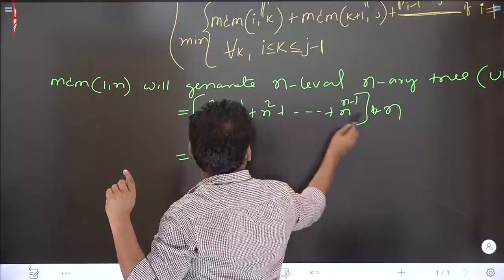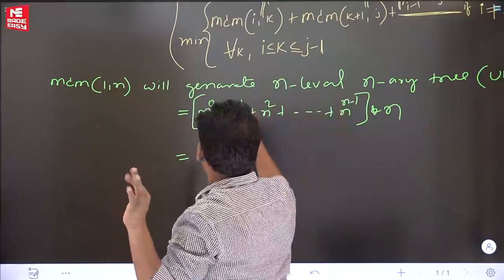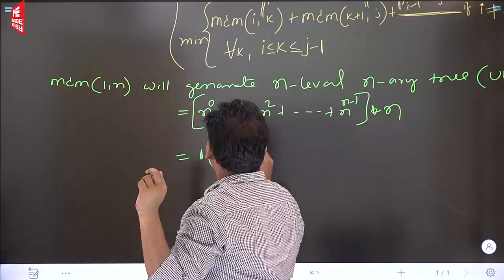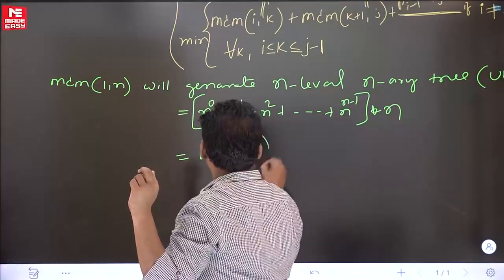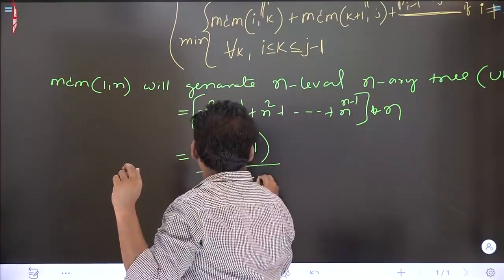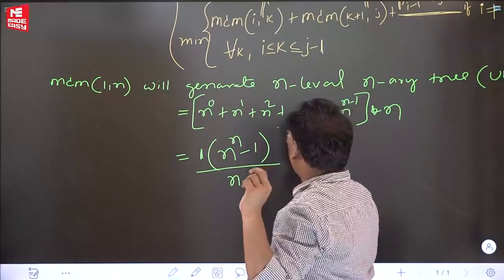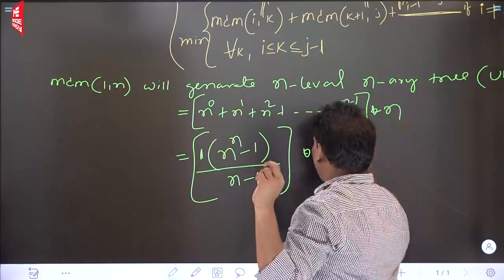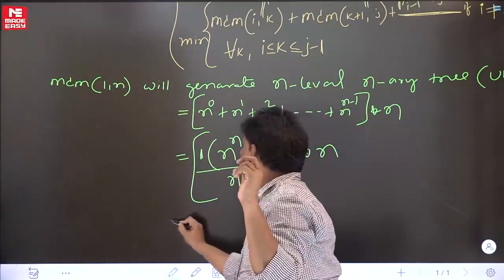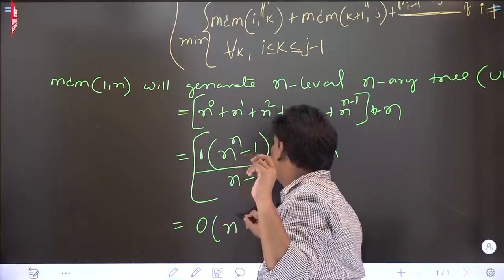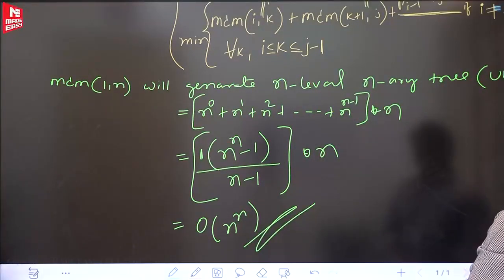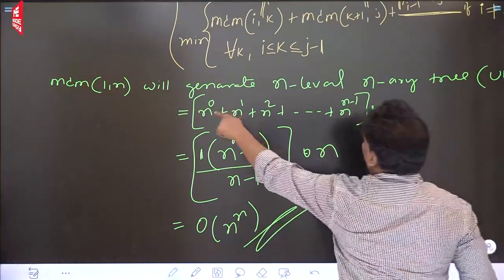What is the answer? I think it is the sum of n terms in the GP series. What is the formula? A into r power n minus 1 by r minus 1, n terms. Right? Outside there is an n. Right? One function cost is n. The n cancels approximately. What is the answer? Big O of n power n. Check small plus or minus 1. Don't think that much.